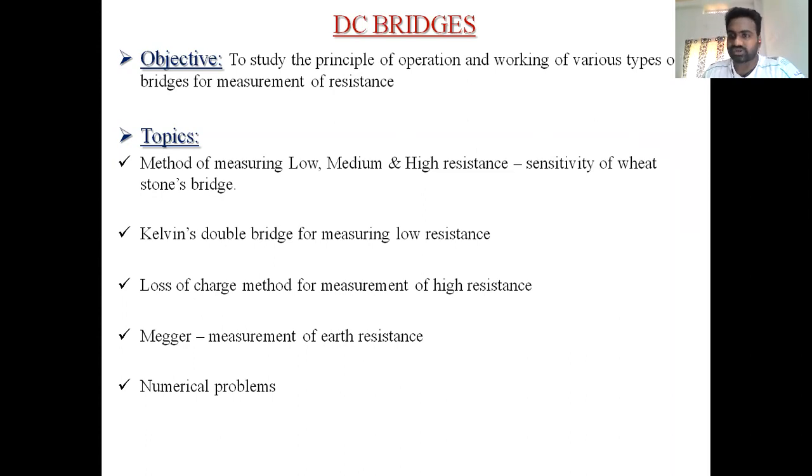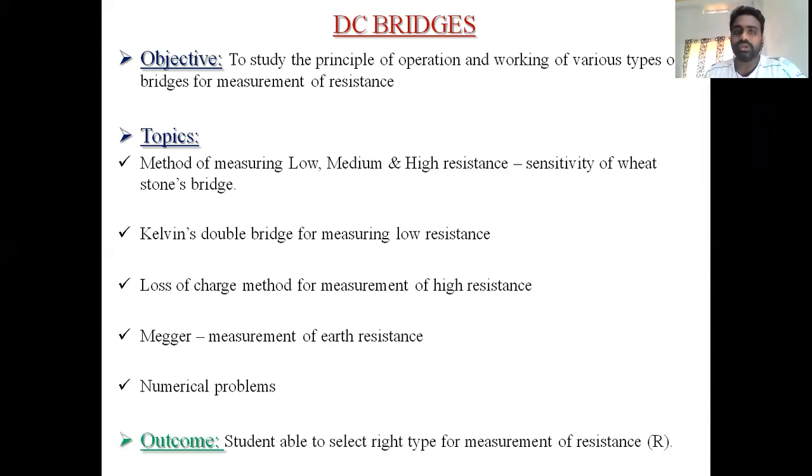That's what we did previously. Previously we discussed PMMC instruments, we derived the torque equations, numerical problems. In MI instruments, we discussed the theoretical analysis, mathematical analysis, numerical problems. So similarly here also in DC bridges, first we will see the theoretical part, next we will do the mathematical analysis, and next we will solve some numerical problems, so that the entire concept will be clear.